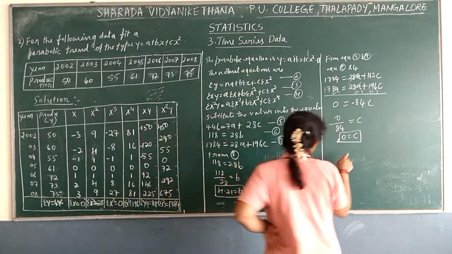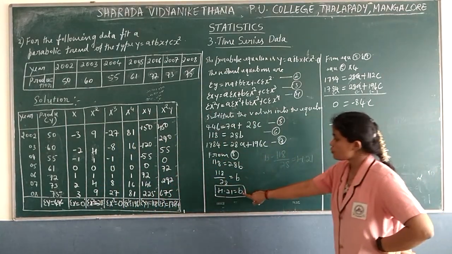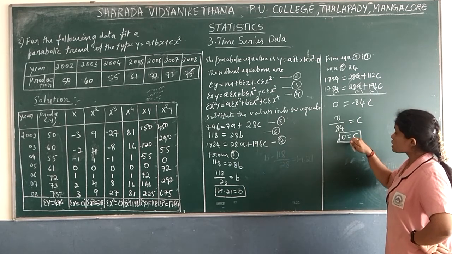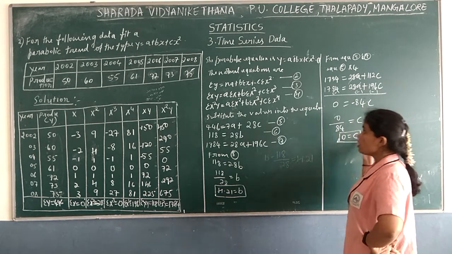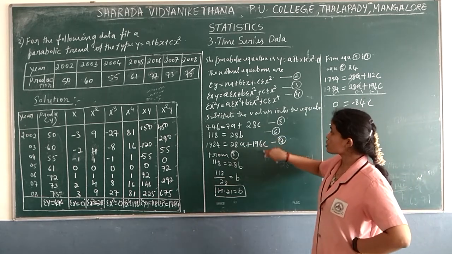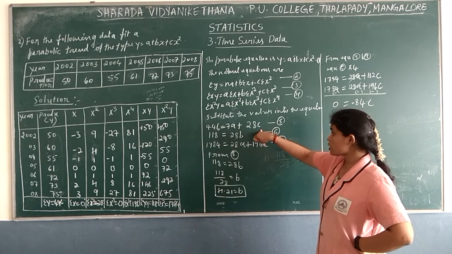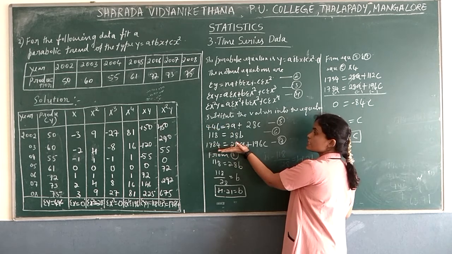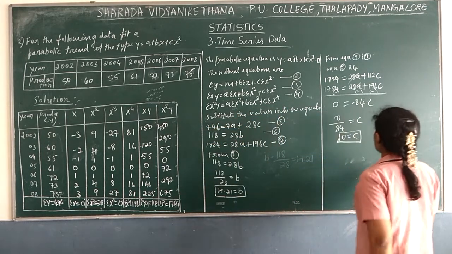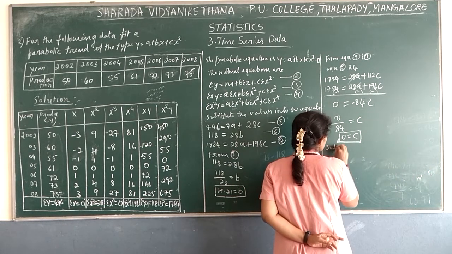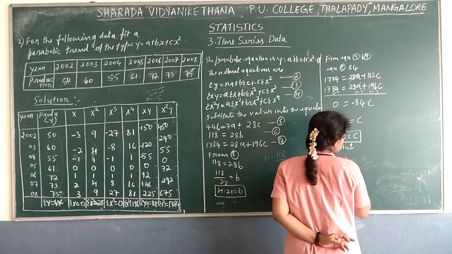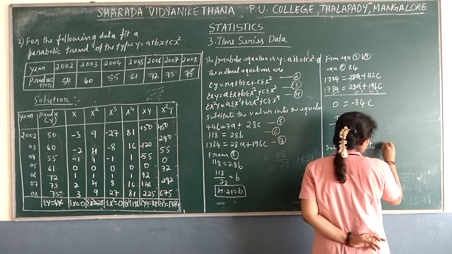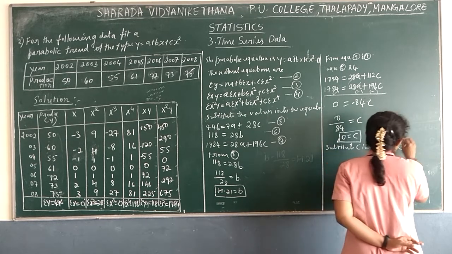Now we got two constants, that is b as 4.21 and c as 0. Now we need to substitute this c into any one of the equations where we find c. See, in these two equations we can substitute, but it is better to take the first one always. The c values will be smaller compared to this equation. So we'll take the fifth one. Now substitute c into equation 5.